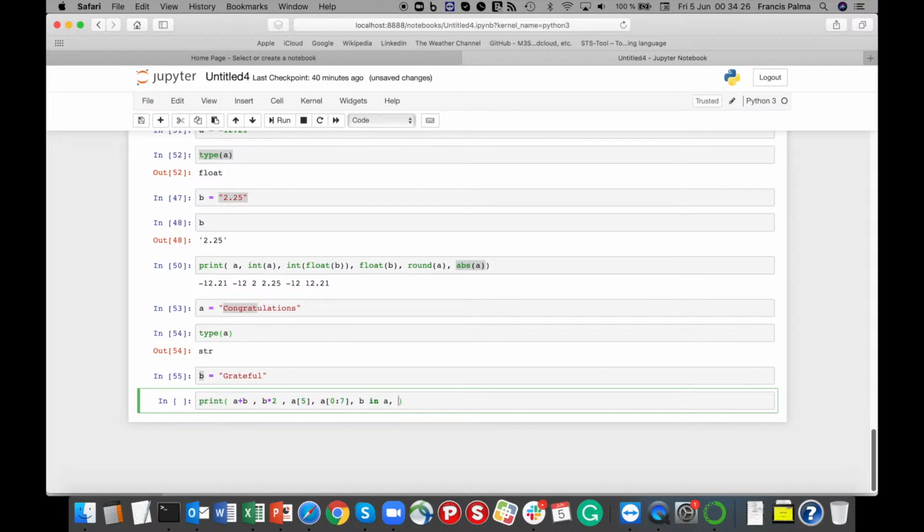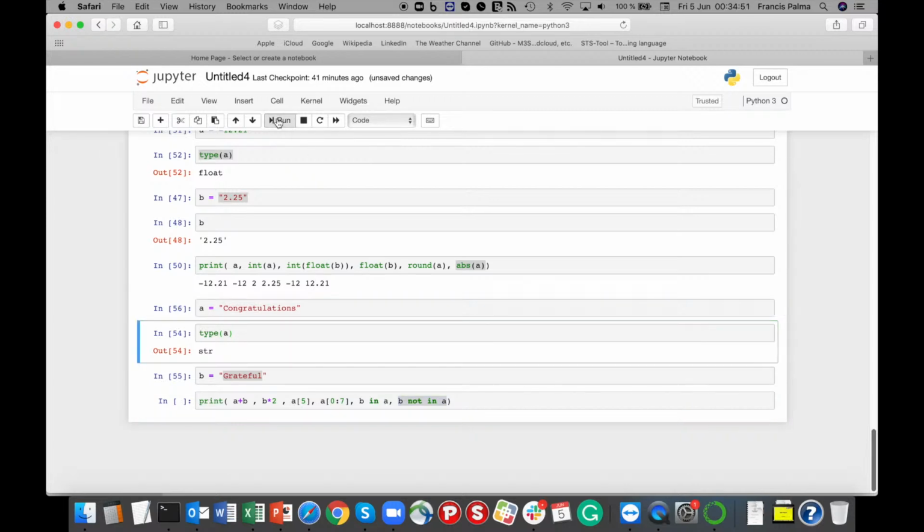And we can also do the opposite, b not in a. So in the first case it will check if grateful is part of this string, and in the second case it will check if grateful is not part of this string. So now if I run this one,